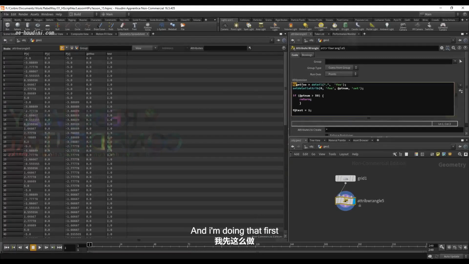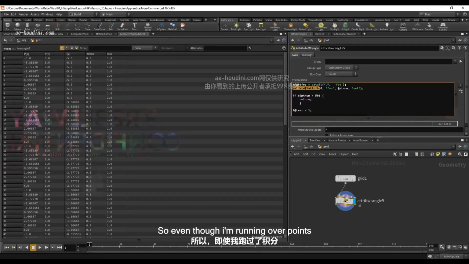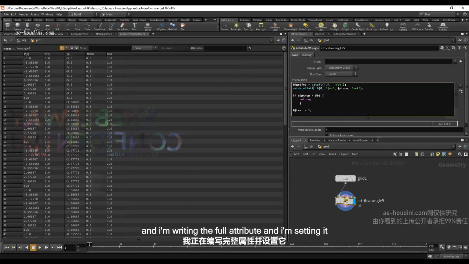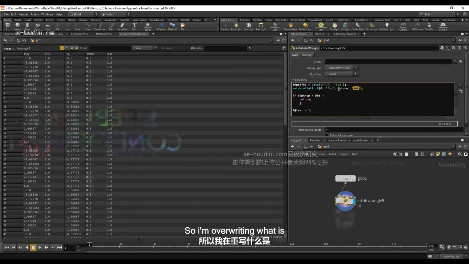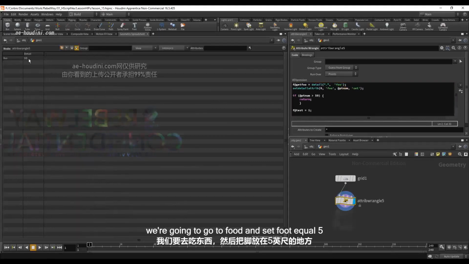Okay, and I'm doing that first. Second thing that I'm doing is I'm going and setting a detail attribute. So even though I'm running over points, I can use this expression to write data to a detail attribute. I'm writing the foo attribute and I'm overwriting what it is with my current point number. So when we're running over point number 5, we're going to go to foo and set foo to